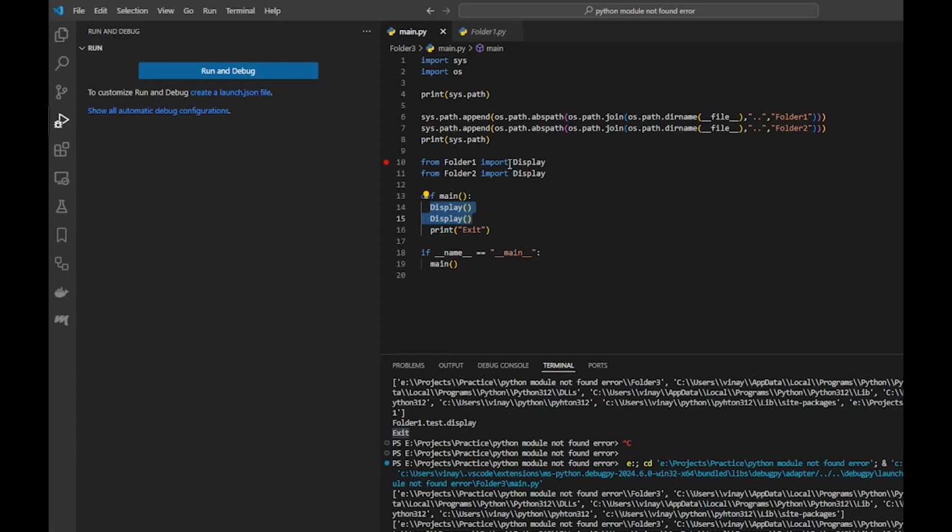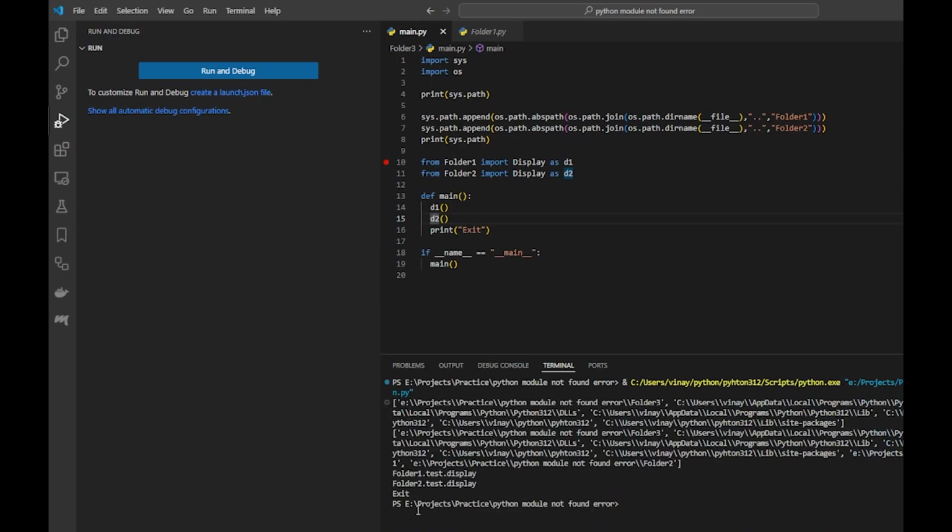Now let's say for example you have a similar function in both these files. How can we resolve that? If you want to call these two different functions, we can resolve that particular issue by using an alias. So let's say for folder 1 display I'll use d1 as alias, and for folder 2 display I'll use d2 as alias. Now I can call d1 and d2 right here in the main. And if I run this again, I should be getting folder1.test.display, folder2.test.display, and exit as we have on line